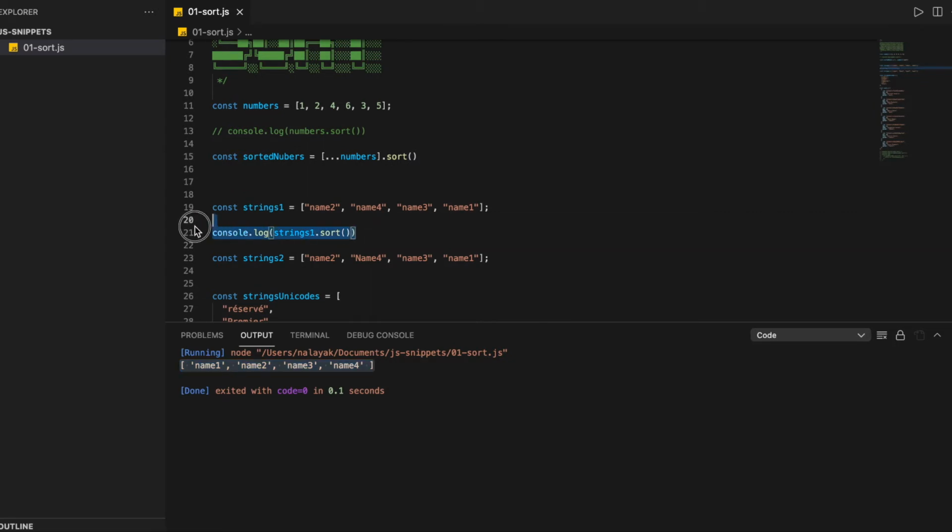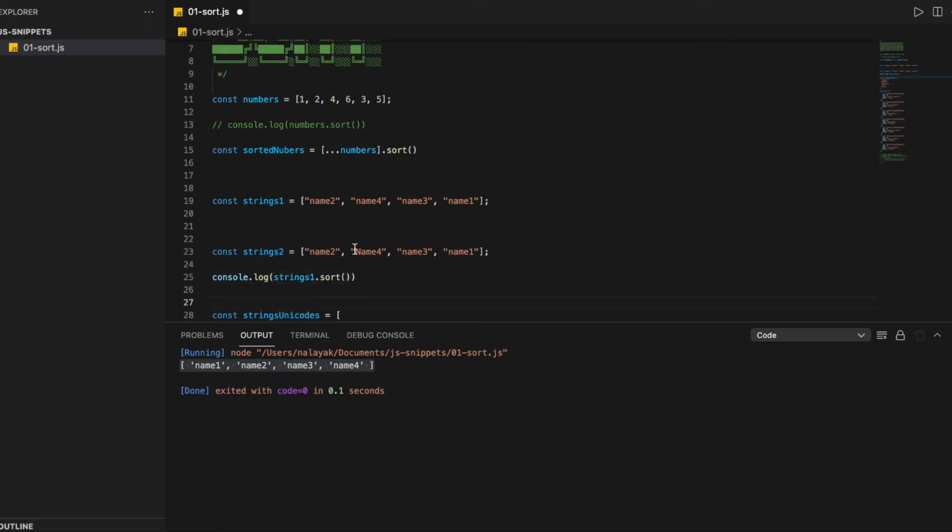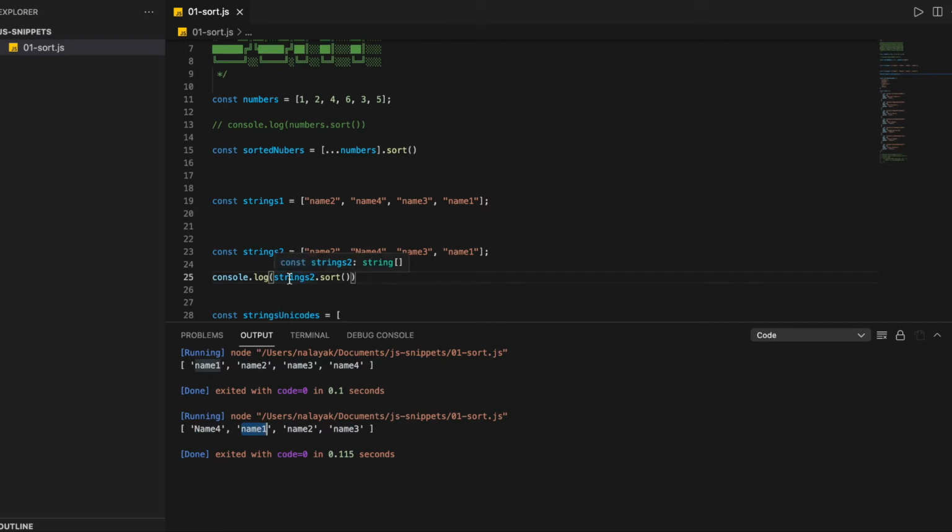When you try to sort this second strings array, if you notice over here, this name is phonetically the same as name 1. But due to the ASCII value, this big N is considered smaller than the small n. So that's why it keeps it in the first position before the small n.